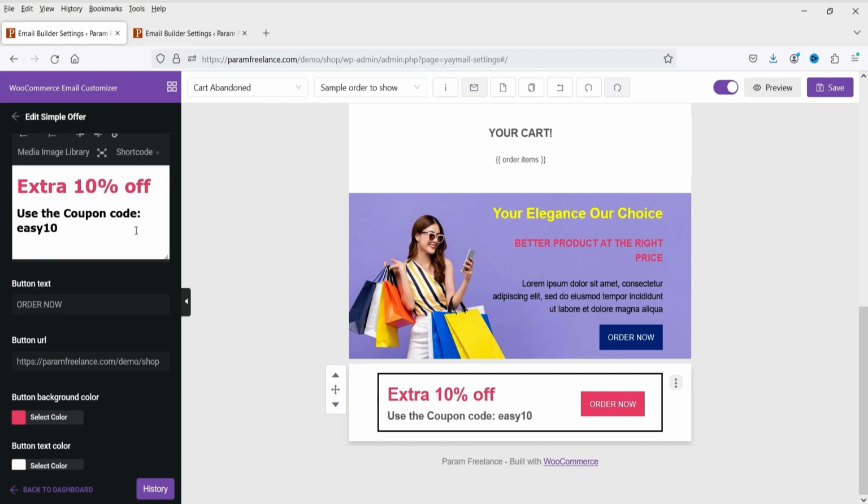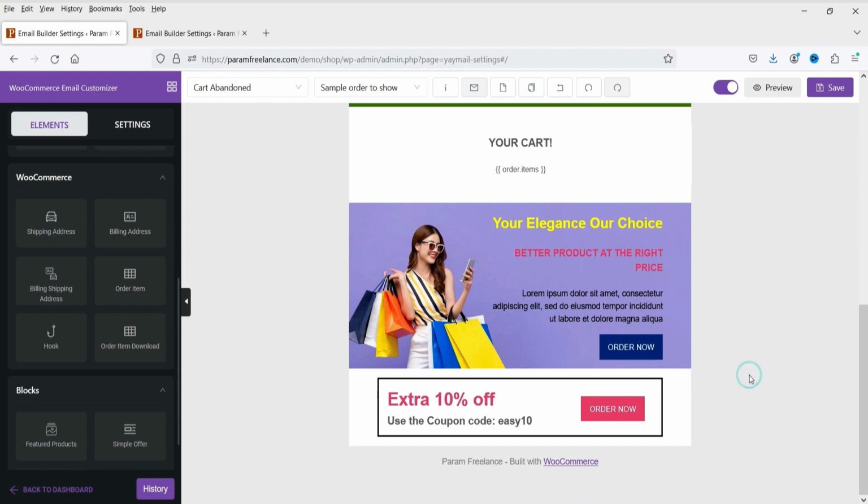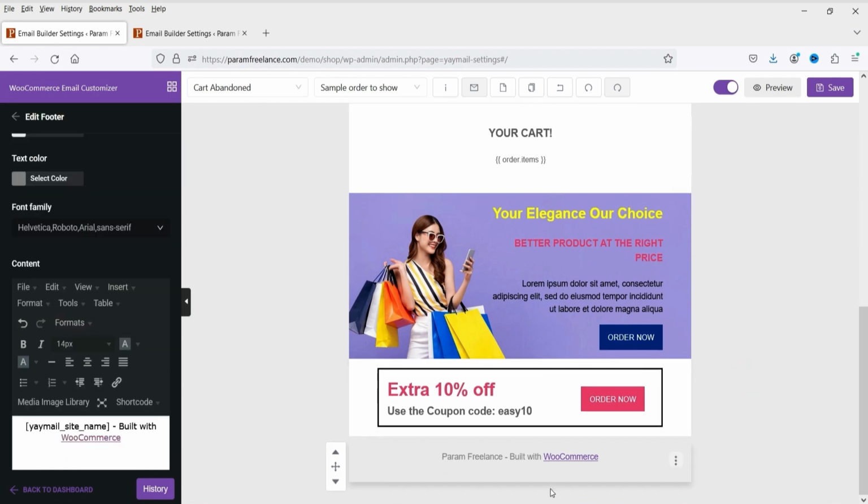So this is the coupon code. All right, below this you have this footer. We are going to change it. We are going to change the name only. Let's delete this one and let's add